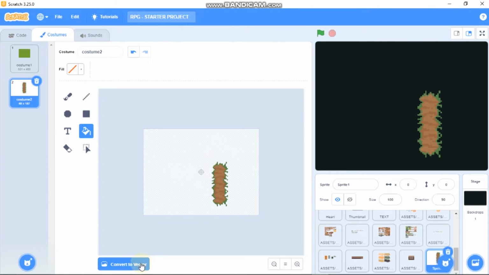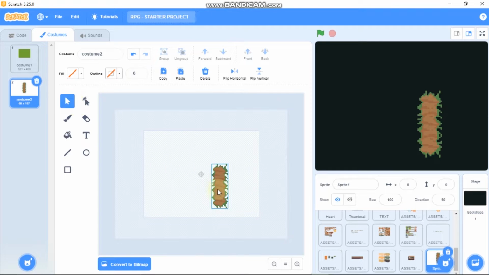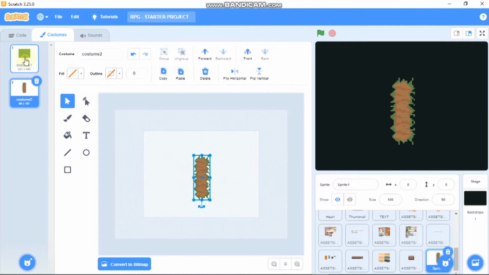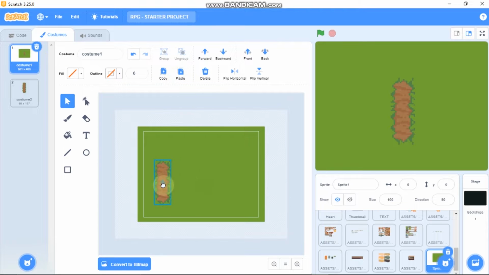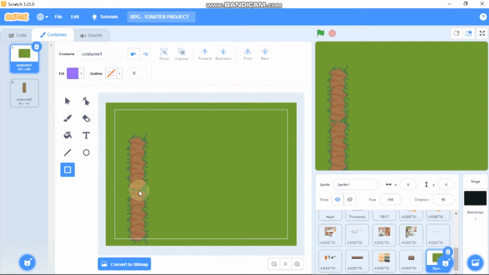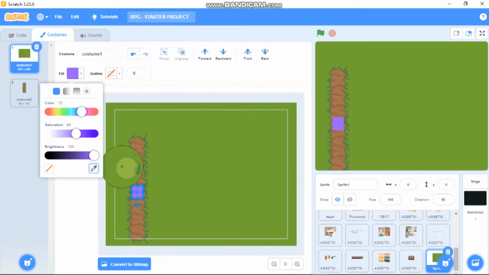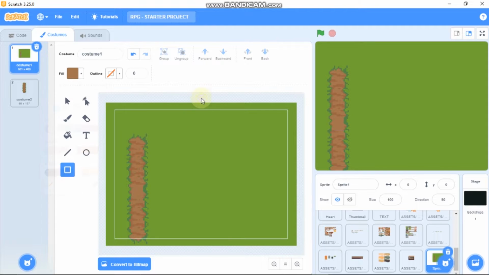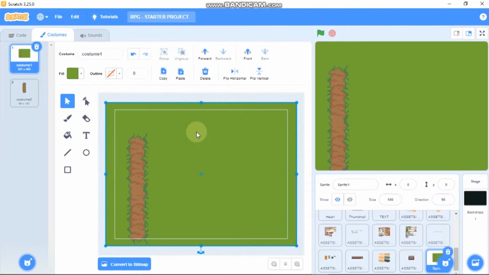After removing the background, convert it to vector, select it and copy. Now you could paste it on your background. Copy and paste it, and now you'll get this overlap. For that, I'll just click on the rectangle, draw a small rectangle and fill it with the exact brown color. You could not notice it that much, just resize it. That's how I filled all of those overlapping parts.